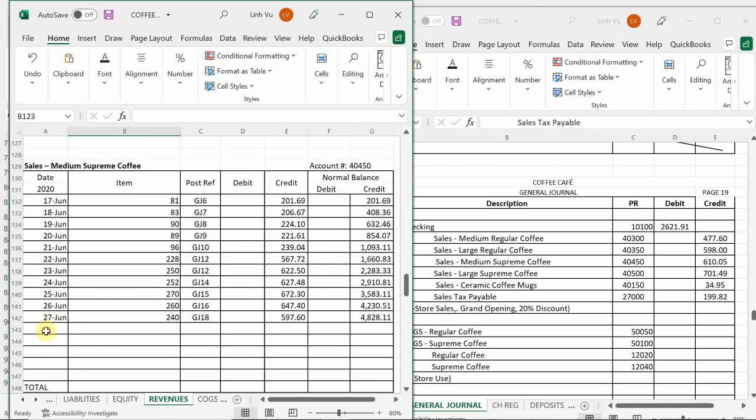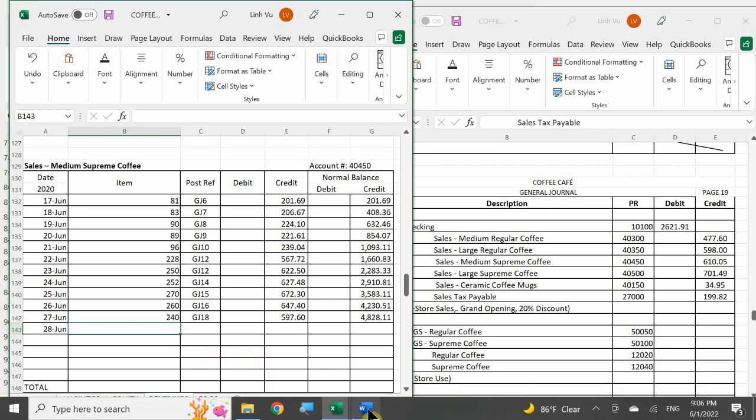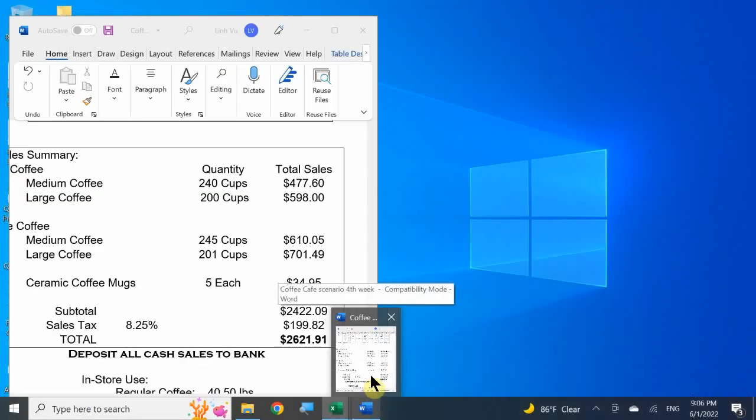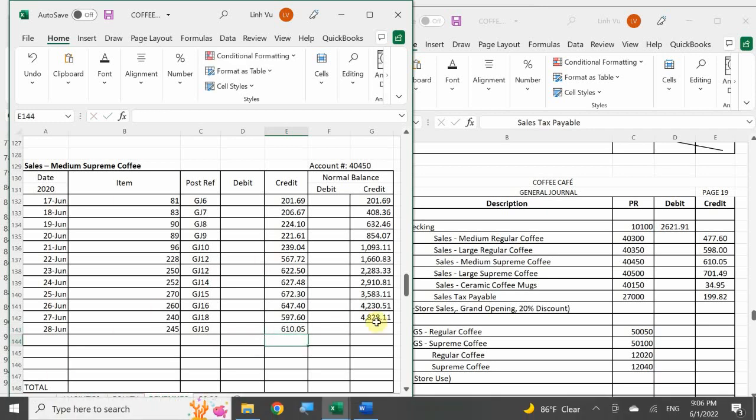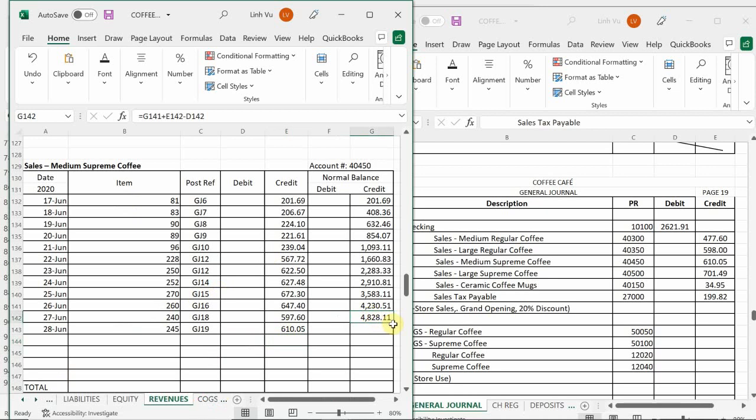I also sold a total of the medium supreme coffee, 245 cups, for a grand total of $610.05, which should bring your account balance to